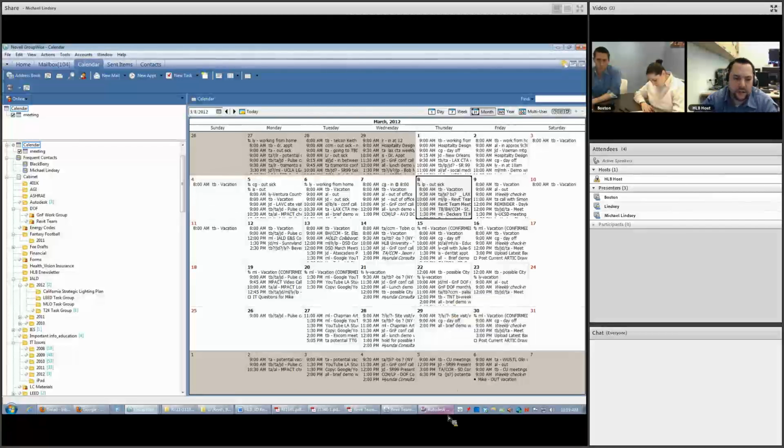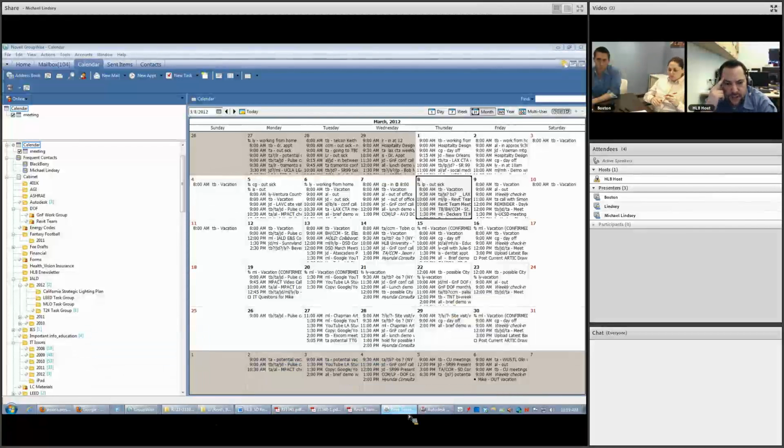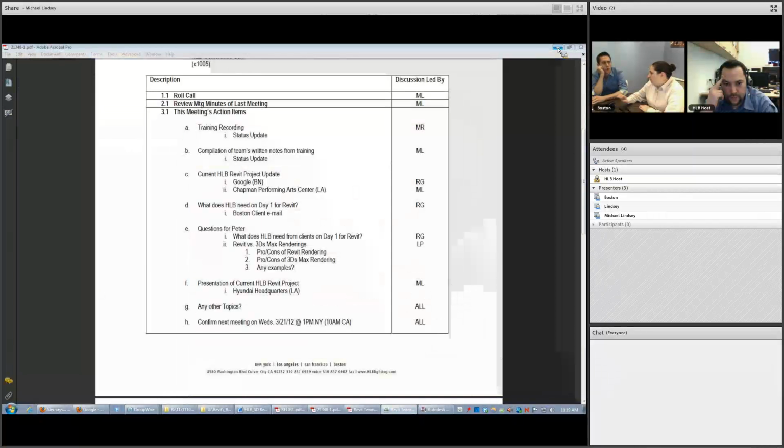Are we needing to do another Adobe Connect at that point? Do you want to show an updated portion of the project, or do we want to give Robin the floor to show her project at that point? I would say that, at least for Hyundai, we probably won't. I'm on vacation for a week, and I'm not confident that we'll have made enough significant progress at that point to showcase. I think we'd probably need another month.